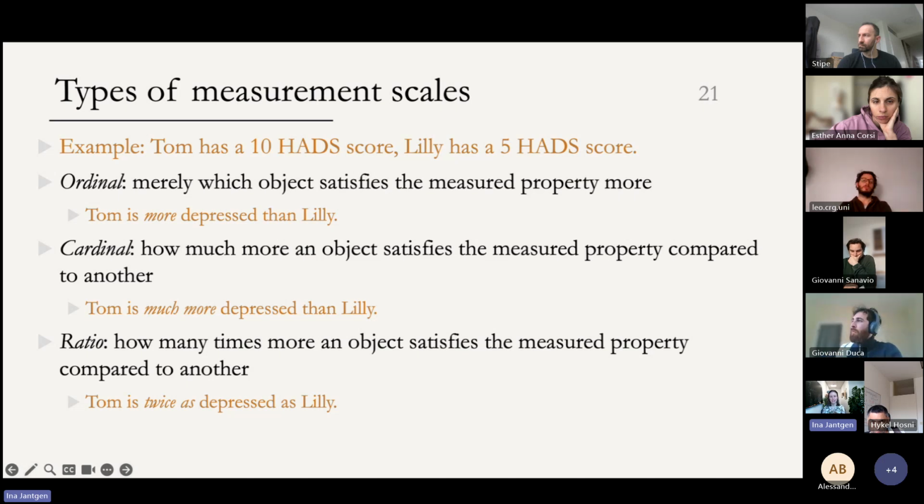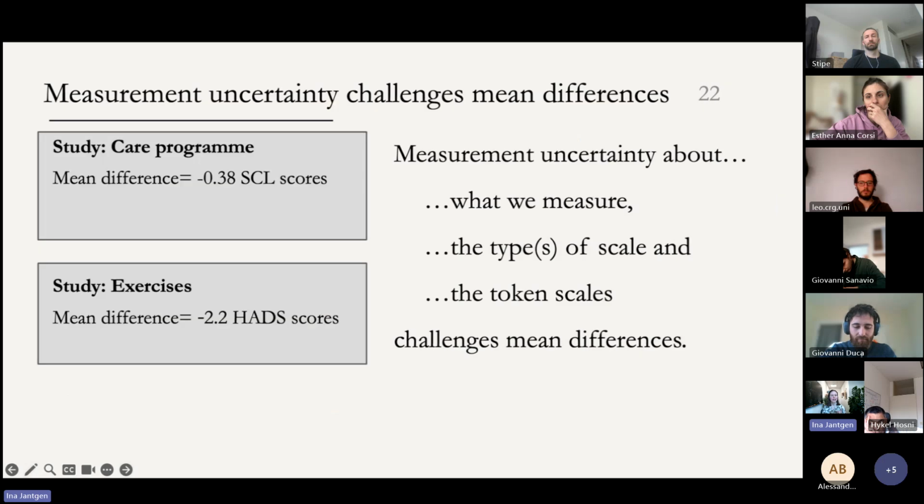So for instance, if depression severity is only measurable on an ordinal scale, then we cannot infer from a group having a higher average HAD score to that group being more depressed on average than another group. Okay, so basically, in a slogan: if a property is only measurable on an ordinal scale, then we can't meaningfully speak about averages with respect to that property. And that, of course, relates back to interpreting and comparing mean differences, right? Which are, after all, claims about differences in averages.